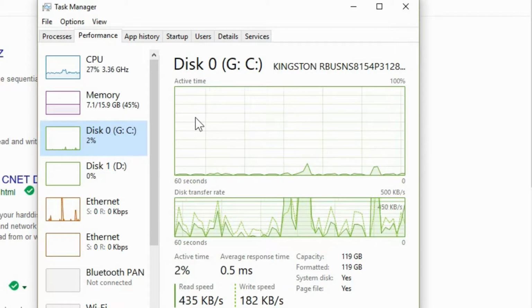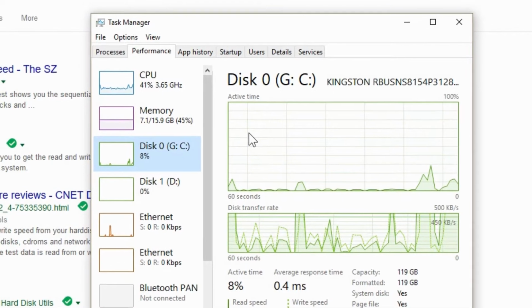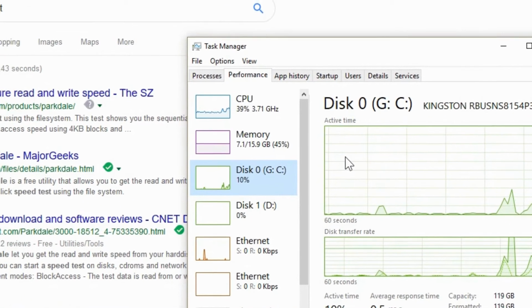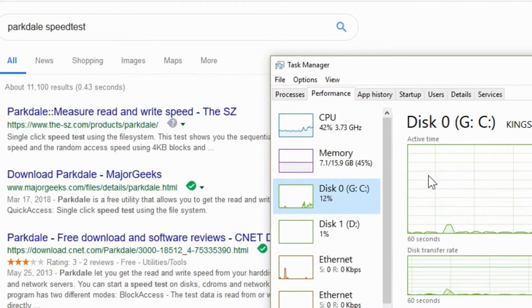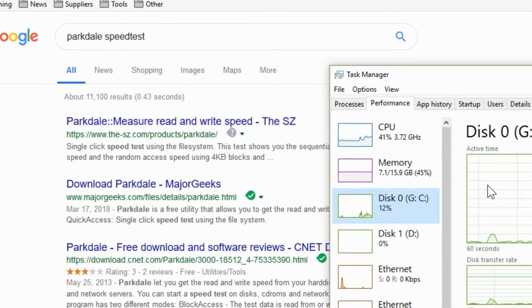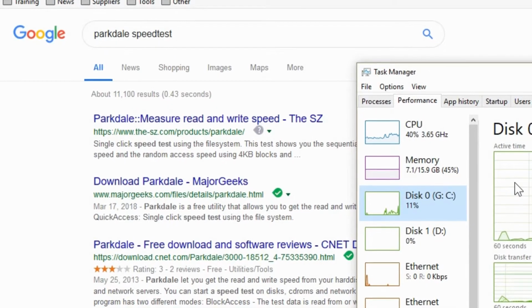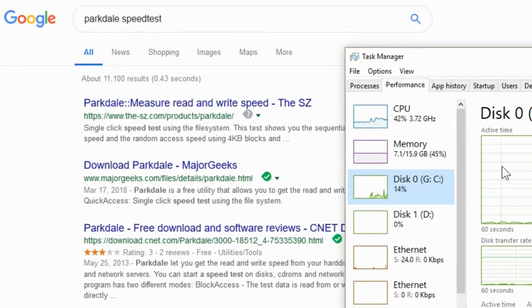Now, just a quick disclaimer beforehand, you may need to boot the computer into safe mode just to be sure that there's not a lot of other stuff running getting in the way of an accurate result from the test. This way you'll know the true speed of the hard drive when you do test it. So let's move on and do the test.